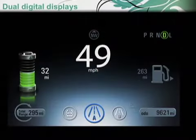Now, we did find that for people that were in love with technology and people that were, let's say, of a certain age, this was great. And we found there were a whole lot of other people that just wanted a car that didn't use much gas. And this freaked them out a little bit. So we do have a simplified mode in which if you just want to know how fast you're going and when you have to stop and recharge, we have that too. And it's that kind of detail and understanding the customer that hopefully will make this a very mainstream, high volume,